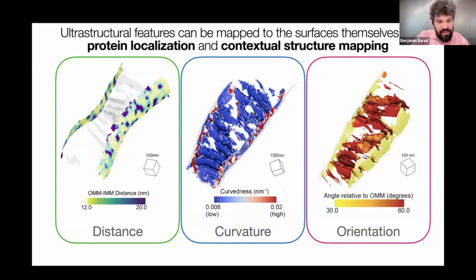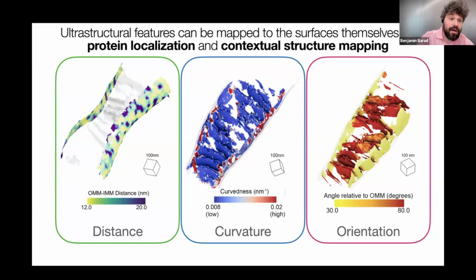On the left here, you can see the distance between the inner and the outer membrane of the mitochondria. In yellow is really closely apposed membrane, and in blue, they're further away. And what's happening here is that those blue spots are marking mitochondrial cristae junctions. Because if you have your flat membrane here, but the junction folds in here, this bit of membrane in the middle doesn't have anything right opposite it to be closer,